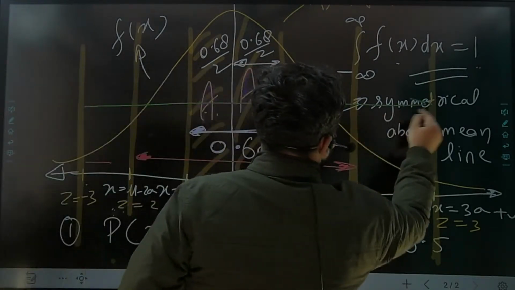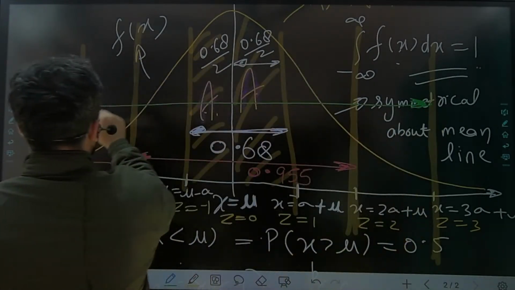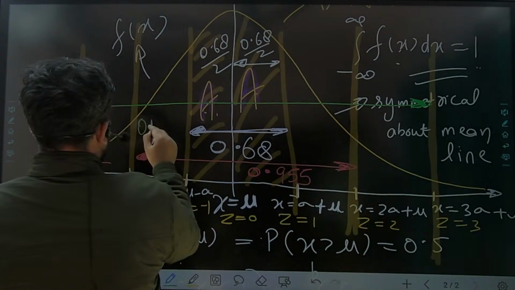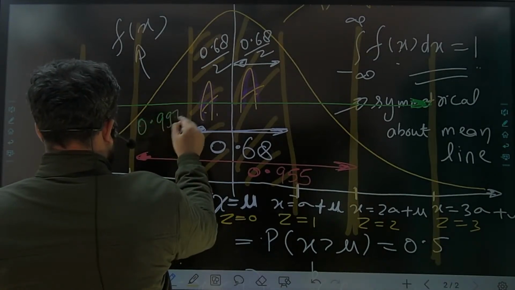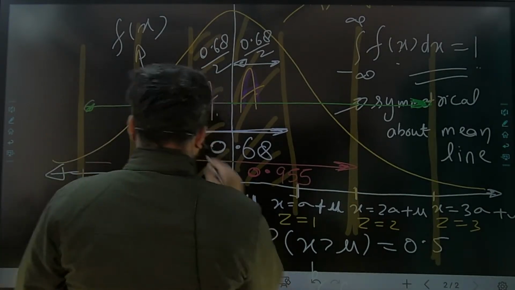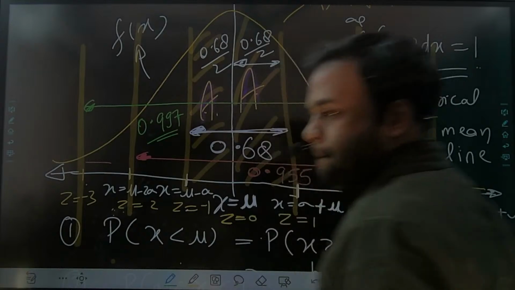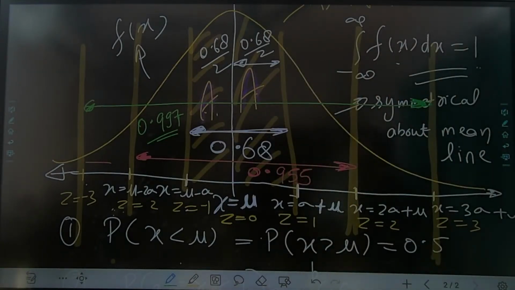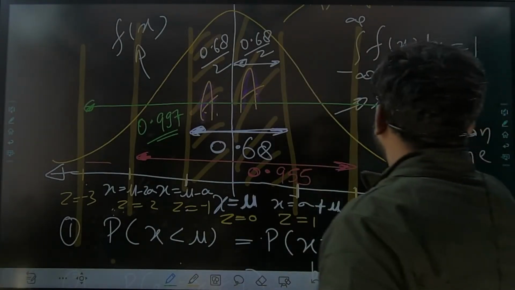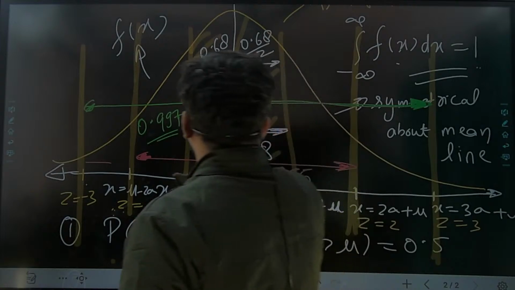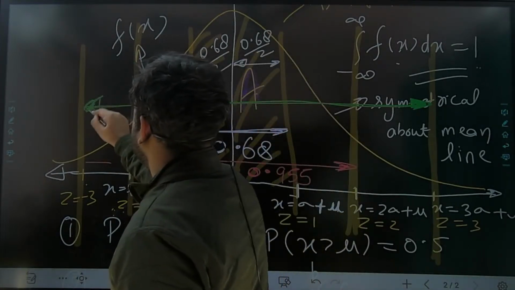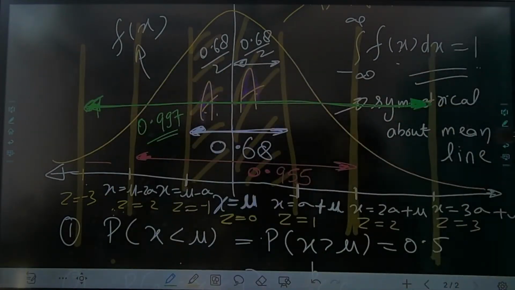This total area which you will get under the curve is 0.997, right? So green color is up to here. So this is the meaning of Z score,